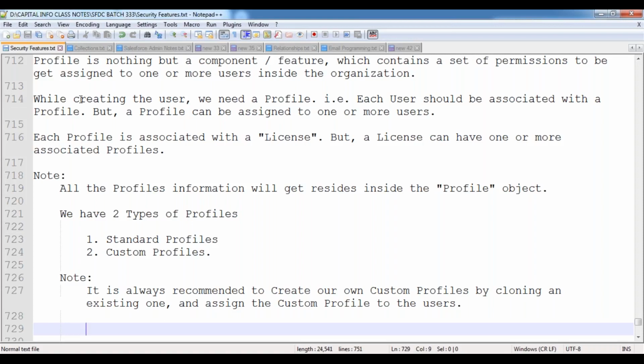Now, by using these profiles, what can we do? By using these profiles, we can grant the permissions on various features. What features? We can grant the permissions on applications, tabs, objects, operations on each object,